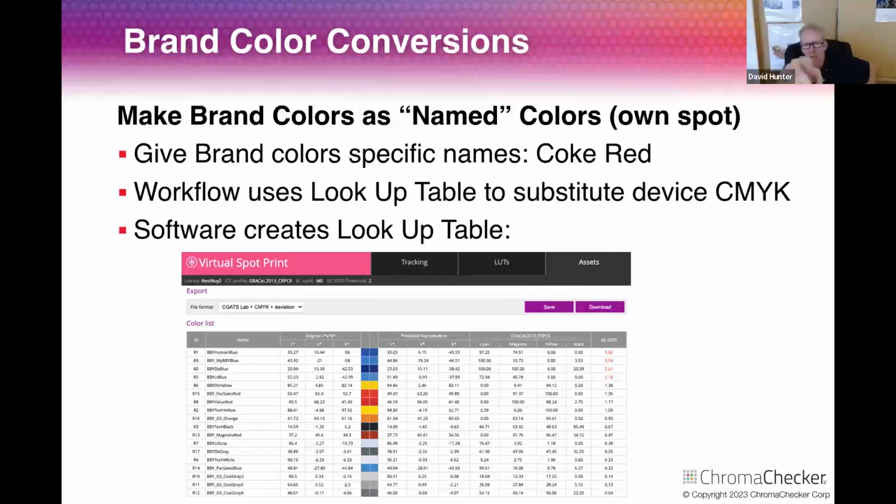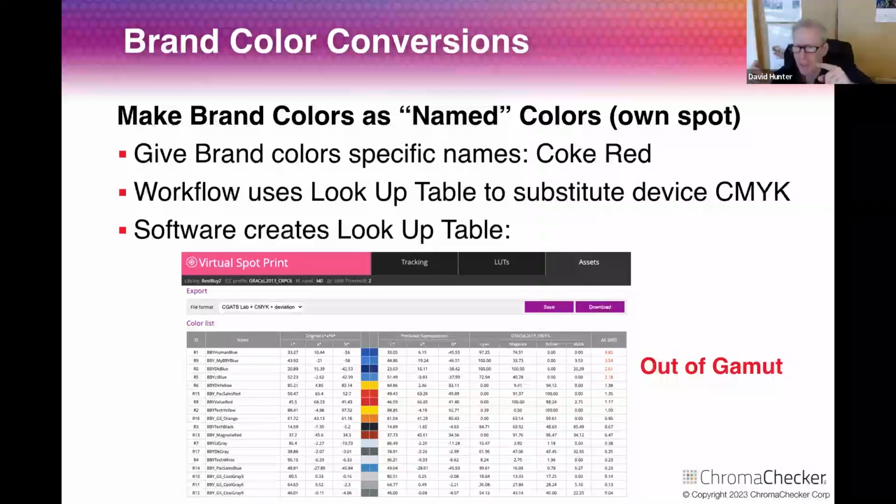If I were to change in ChromaChecker Grackle to my ViewTech, the CMYK values for Best Buy Blue are going to be changed dramatically, but the end result will be very similar. Now, in this case, I'm actually showing that there's 3-4 colors that are more than 2 delta E out of gamut. So if you want to match Best Buy Blue on Grackle, you've got to be able to change your